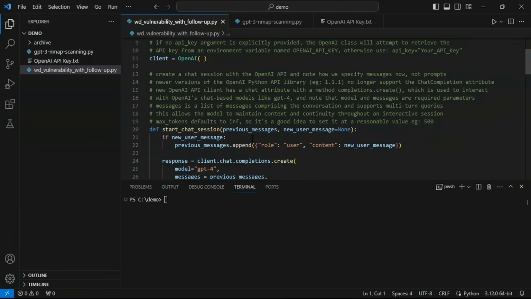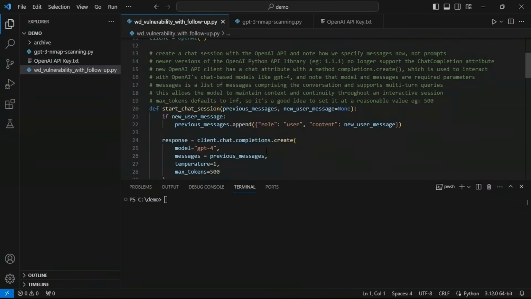Now newer versions of the OpenAI Python API library don't support the chat completion attribute anymore. They did at one point. But the newer API client has a chat attribute and a method completions.create. And this is what's used to interact with OpenAI's chat-based models like GPT-4. And note on line 24, when I make the call to completions.create, I specify a model, not an engine, GPT-4